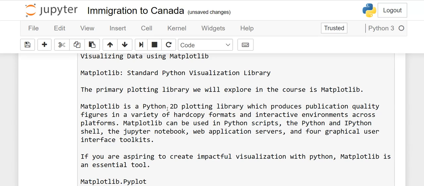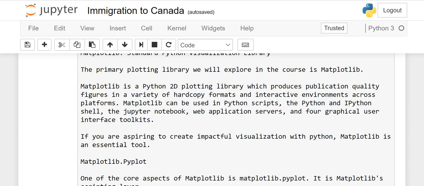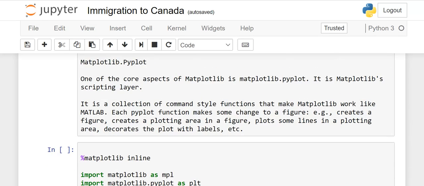What is matplotlib? It is a Python 2D plotting library which produces publication quality figures in a variety of hard copy formats and interactive environments across platforms. We can use matplotlib in Jupyter Notebook, which we are using, web application servers, Python scripts, the IPython shell, and four graphical user interface toolkits. If you want to present your data to your audience in an attractive way, then you have to use matplotlib.